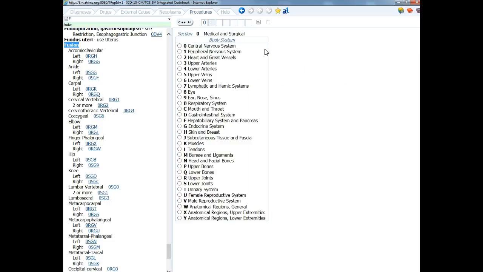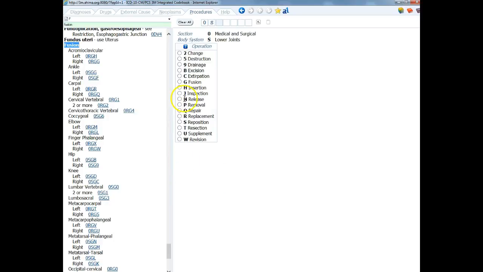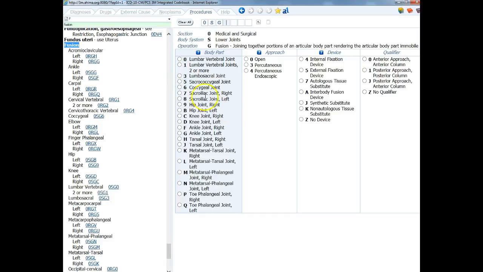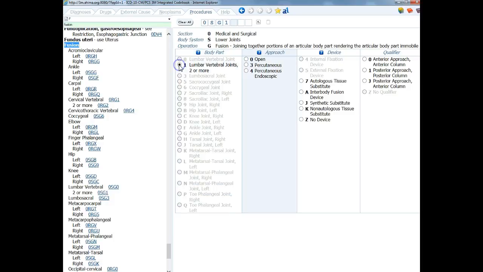And this is actually going to be in lower joints. And we know that our root operation is a fusion. And this is lumbar joints, 2 or more. It's L1 to L3, so that is 2 or more joints. This is an open procedure,